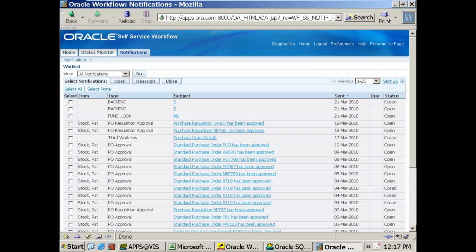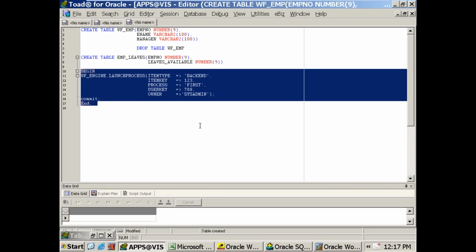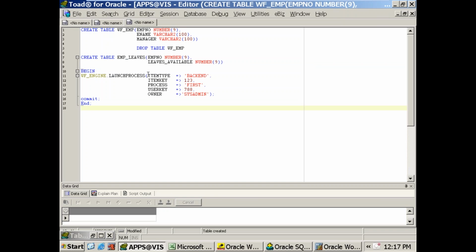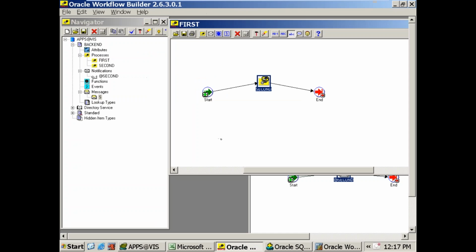Any workflow, same syntax will do it: name of the workflow, item key. Next time if you run, you should not pass 123 again, because it will show you duplicate values. You have to pass some other. Then name of the process and this. When we have multiple process,